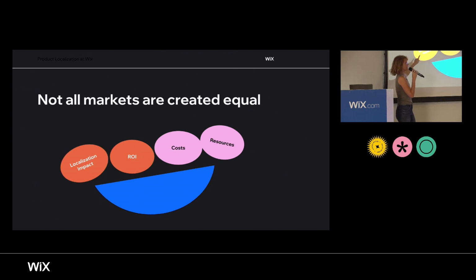We need to think, what's the impact if we make these changes? We need to understand return on investment. What is this going to cost us, operationally, time-wise, all that? We need to understand how much we're going to make back. We need to also understand, what are our limits with resources? Can we use all the resources in the world? Or actually, what is our time limit? What is our people limit? All these things, and this is how we make decisions on where we're going to focus our efforts. This is with everything at Wix. I know this is very basic, but this is with everything, and also with localization.